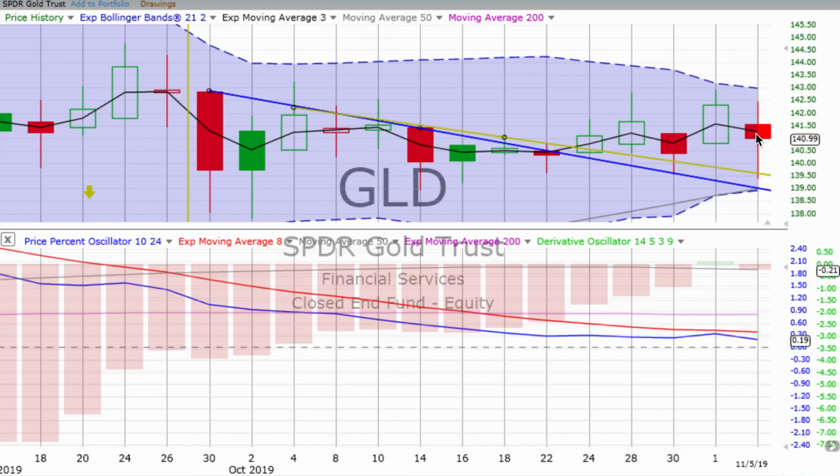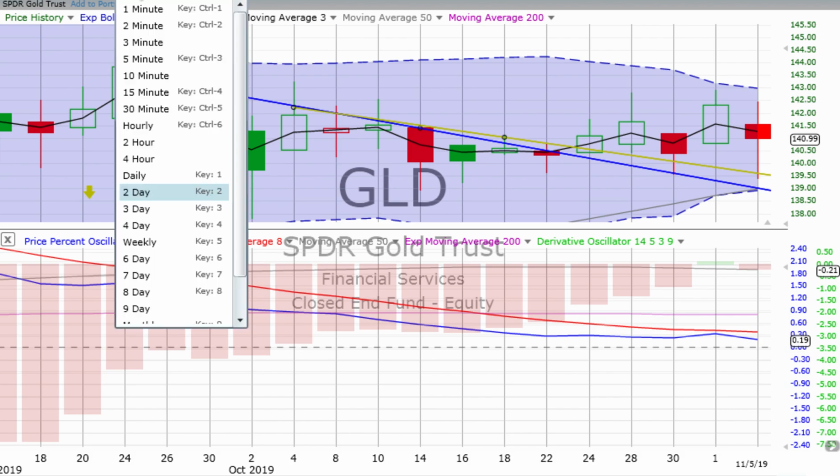We see that 2-day chart ended up with a red spinning top. Again, a big wick on the bottom, fairly good size wick on top. Solid red down candle in the middle. We see the derivative oscillator, which had just on that prior 2-day candle popped green, has gone back to red. That's a good sign for more down movement. And the price percent oscillator moving away from the red signal line.